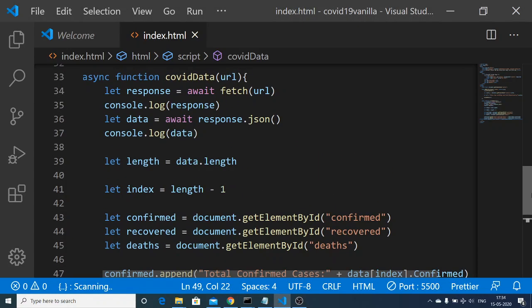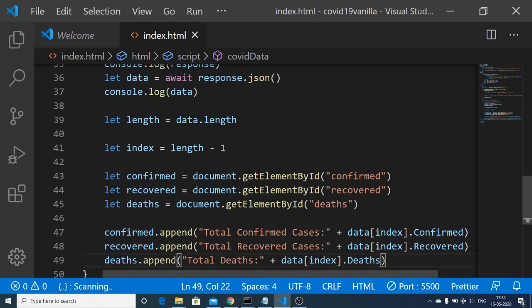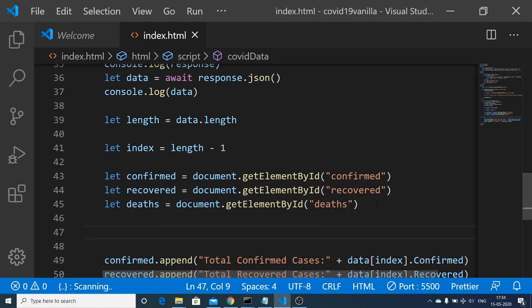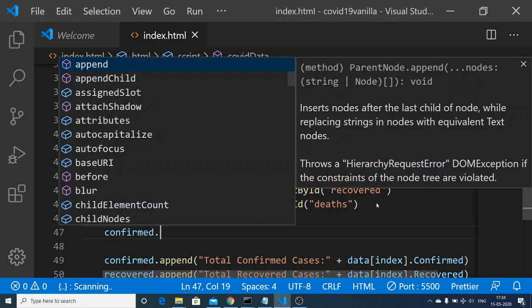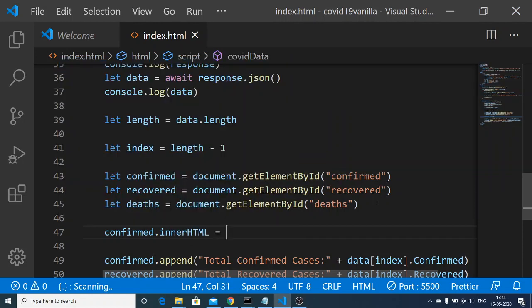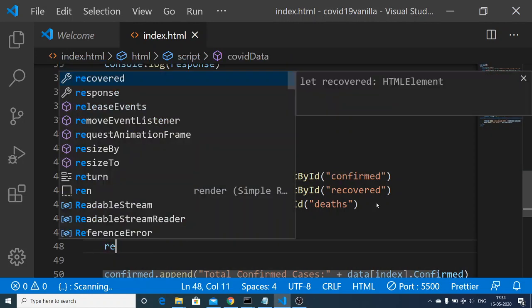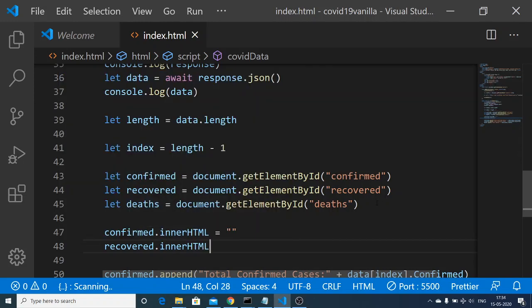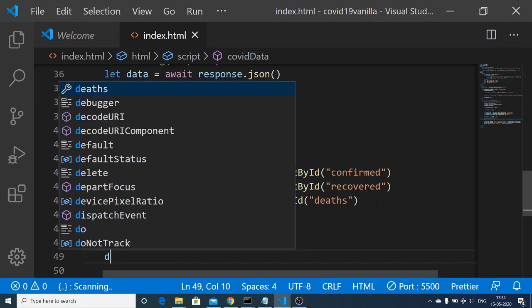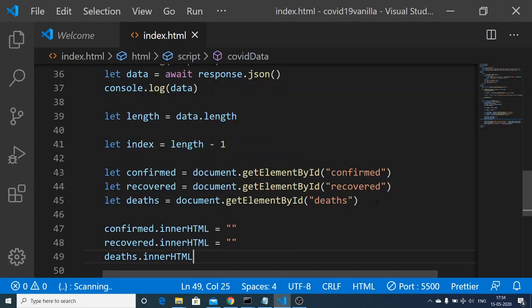So after this we can just do here confirmed.innerHTML to nothing, recovered.innerHTML to nothing, and deaths.innerHTML to nothing. So this will delete the previous data which was there.